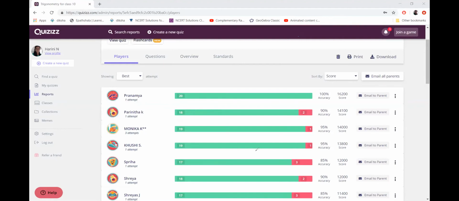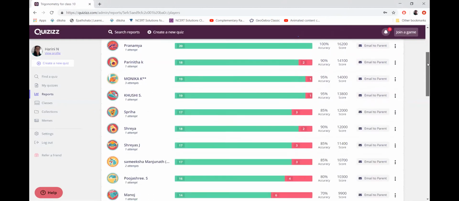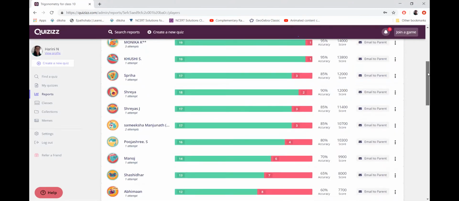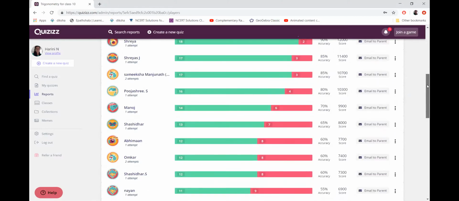Now see, this is how the entire thing has come to me. These many have played in the first attempt. Now some of you have done a lot of attempts. I told you to try to restrict your number of attempts. This time also I kept it open because I thought I would not bother you. Can you see where your ranking is? It's coming up. If you have a high score, you will be on the top, and he will be getting all the attempts you are making.